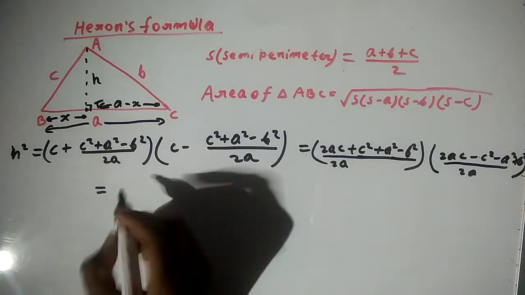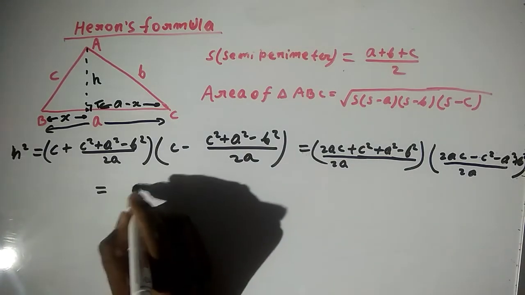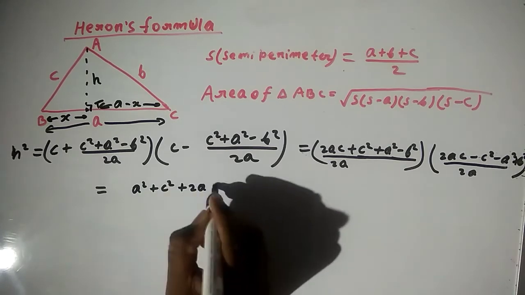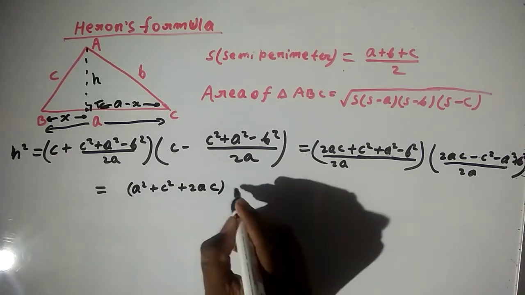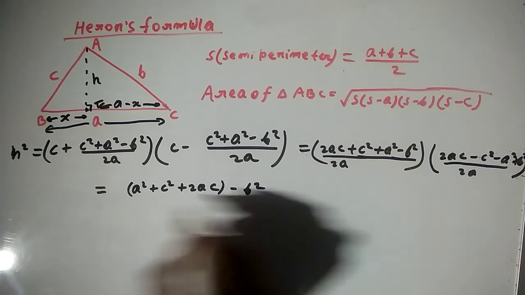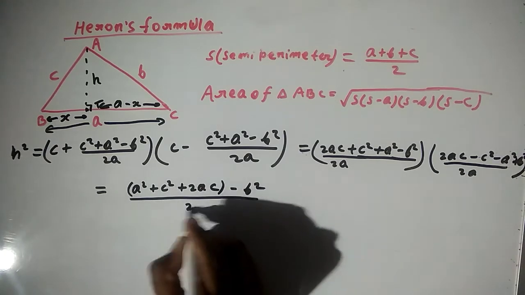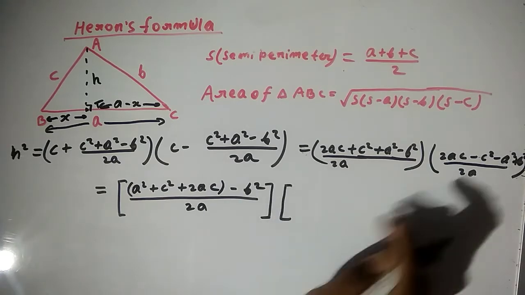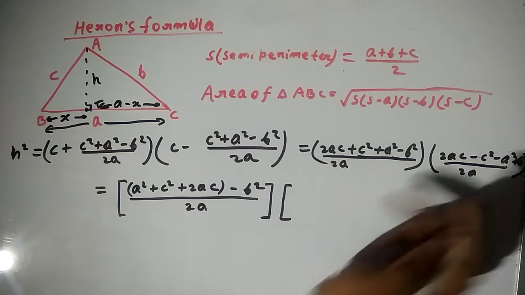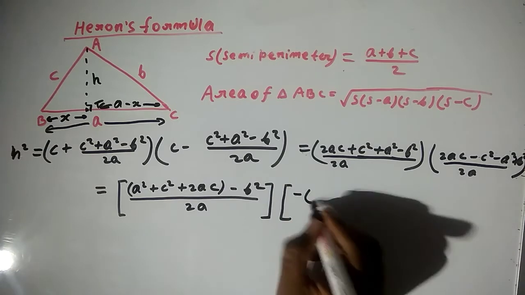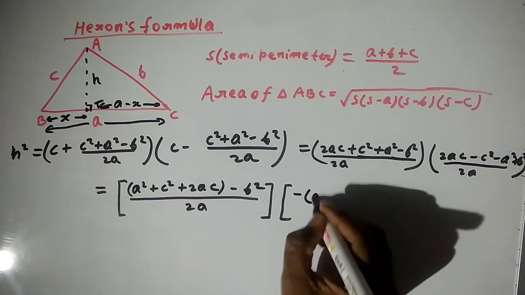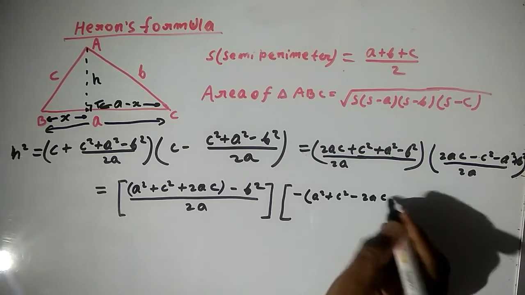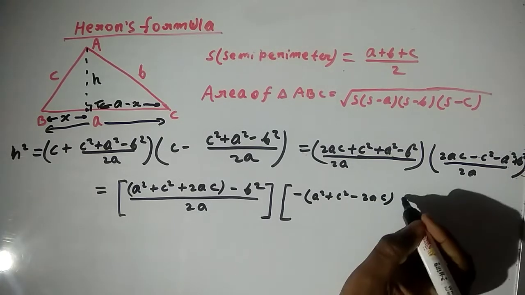So let me write it this way: a squared plus c squared plus 2ac, and then minus b squared over 2a. This is in one bracket, and in the other bracket let me take out the minus common. So this will be minus, a squared plus c squared minus 2ac and plus b squared